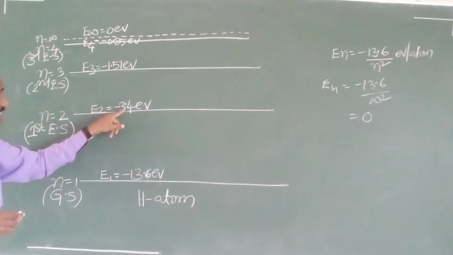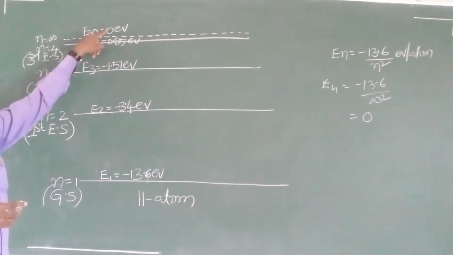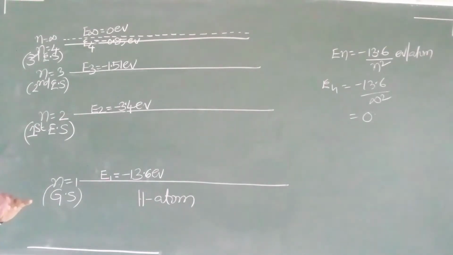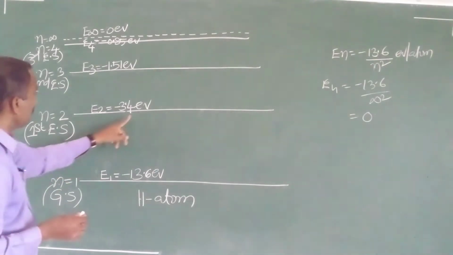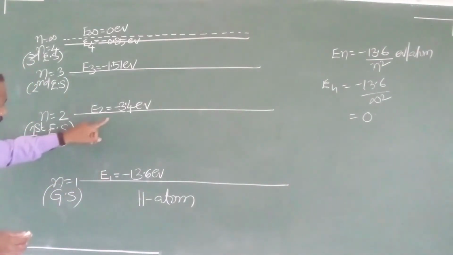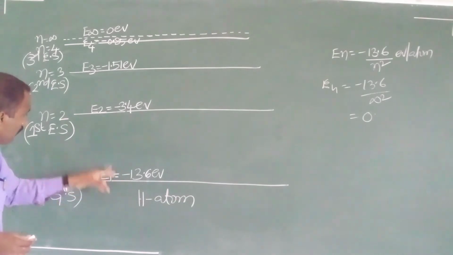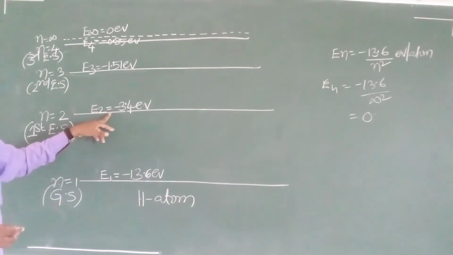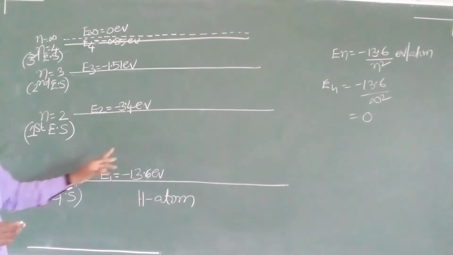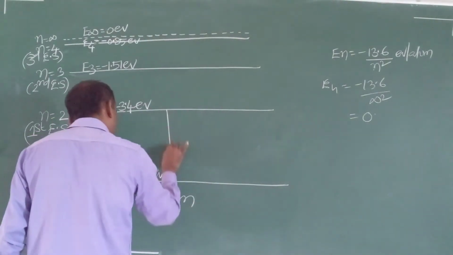They are more negative, less negative, and becomes 0. Hence, as orbit number increases, energy also increases. Now, if you are observing this difference, when an electron jumps from a lower level to a higher level, some amount of energy should be absorbed. How much is absorbed? This difference is absorbed. Therefore, this difference,